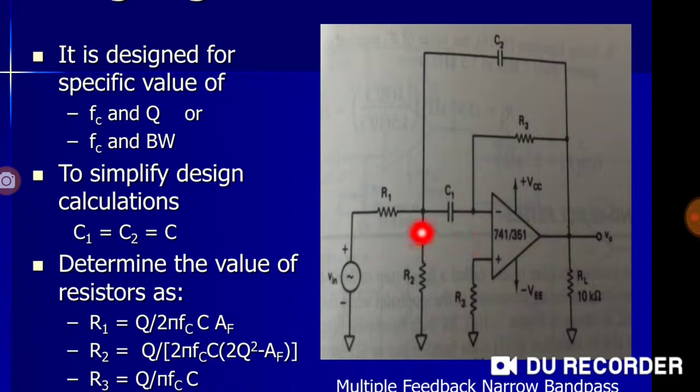The other is after this node we have C1, and after C1 we have another point where we are connecting another feedback resistor R2, which is connected to V0, again back to just in front of the inverting input terminal. So there are two feedback paths, two parallel feedback paths actually. So effectively we will say R1 and C1 are applied in series at the input terminal, and C2 and R2 are in parallel in the feedback path.